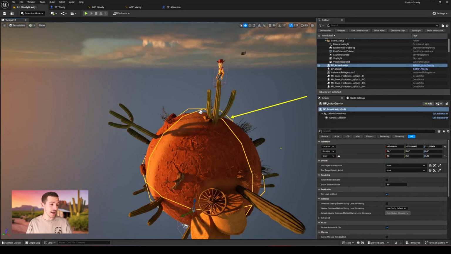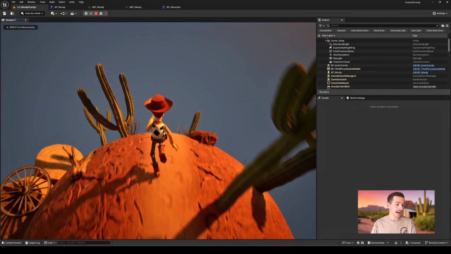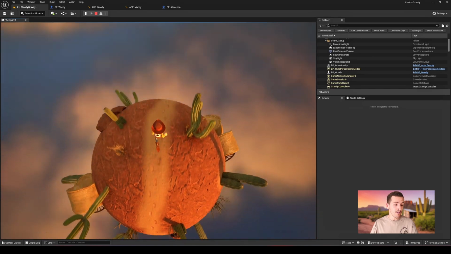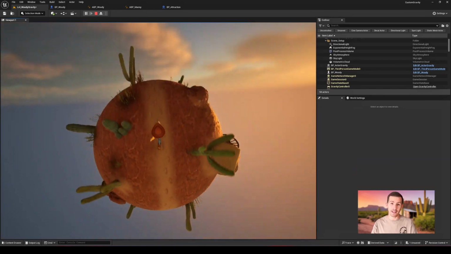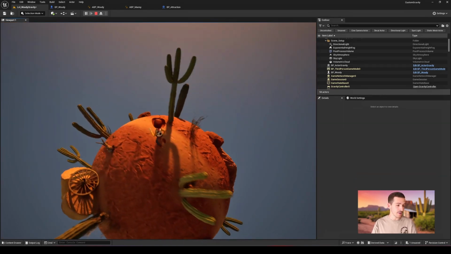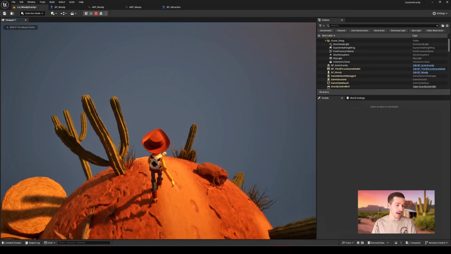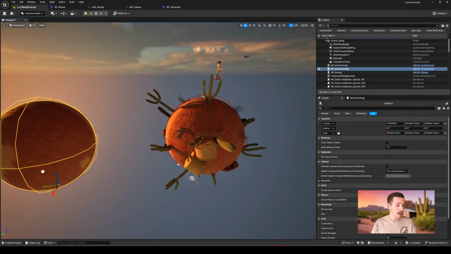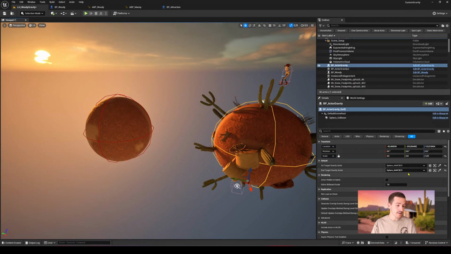Once your mesh is inside, and as I did here, all you have to do is specify your exposed variables on your BP_actorGravity. Here I've repeated the same object twice, but you can, for example, create multiple planets with different targets, variables, or trigger zones, and play dynamically and as desired with these exposed and modifiable variables directly in editor. By stipulating the same actor, if I jump, my character stays on the same actor. If I stipulate another mesh, I'll be able to switch my gravity targets on the fly.